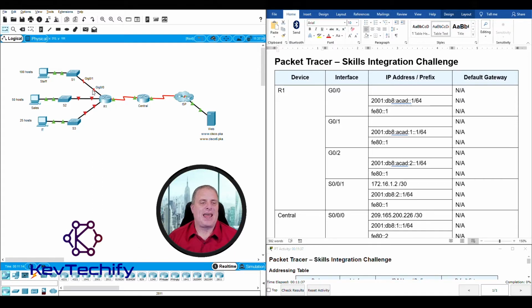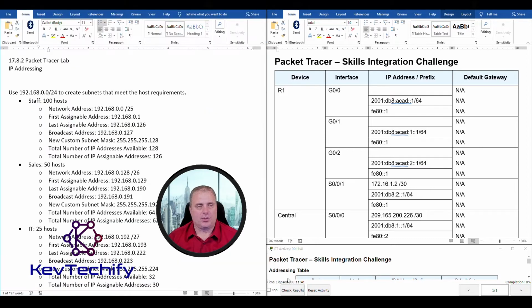That is the staff network. That is the 100 host requirement. If I pull up the numbers I came up with, that's the first one right here. That was going to G00. And we need to give it an IP address. Now, we can't assign it the first address, that's the network address, can't assign it the last address, that's the broadcast address. The first assignable is